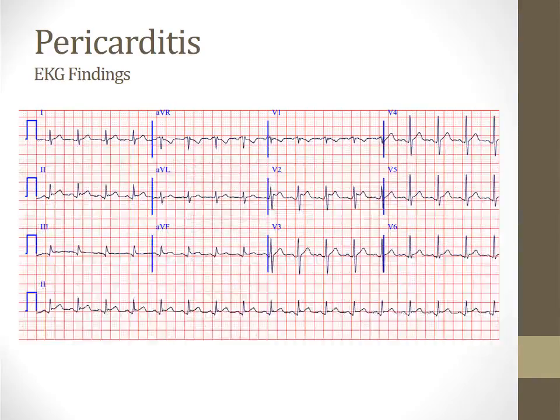Shown on the screen is an EKG demonstrating all the classic findings of pericarditis. When you first look at this ECG, you might think that there are ST elevations caused by ischemia. For example, this is the baseline ST segment in lead 2, and there's ST elevation seen here. You can also see some ST elevations here in lead V2. These ST segments are elevated. You can also see some ST segment elevations in other leads like aVF and 3. So basically what you see on this ECG are ST elevations in multiple different leads. Classically in pericarditis, you can see ST elevations in every single lead, and that's what differentiates it from ischemia. In ischemia, the ST elevations are localized to one area of the heart, like the anterior wall or the inferior